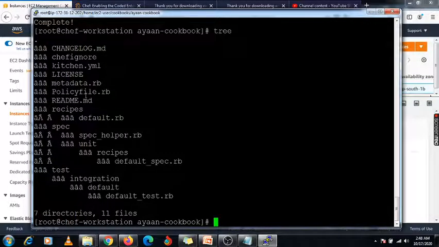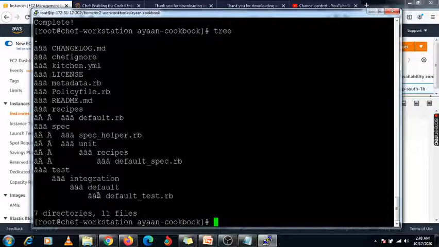This tree command will reflect all the tree structure information of your directory, whatever the directory is available. It will show your particular directory and how many files are available inside that. So it will reflect one by one. So this tree command you can use while working on the cookbook.